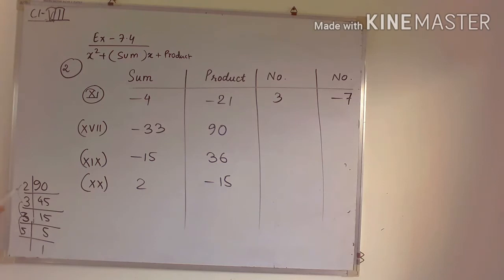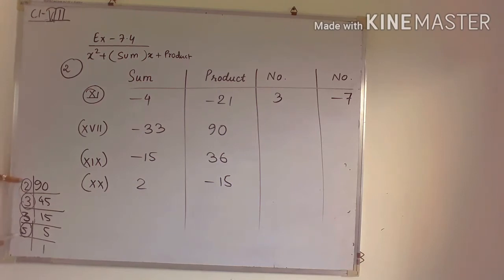Okay. So how to do? You have to use the trial and error method. So what is trial and error method? That means we have to try. If in the first trial you don't get the number, then we have to give it a second try. So how to try? See here. This will be, see, 2, 5 and 3. If I multiply, okay, 2, 5 and 3.